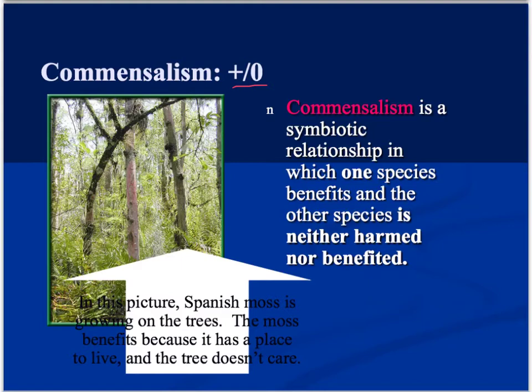It's not giving it food. The tree makes its own food. It's not giving it protection. The tree is not being covered and protected by the moss. So we say it neither is harmed nor benefited, and that's commensalism, which is a little bit more difficult to